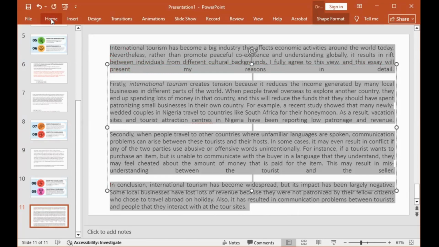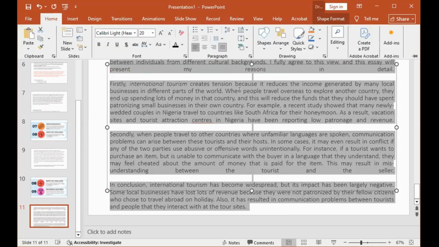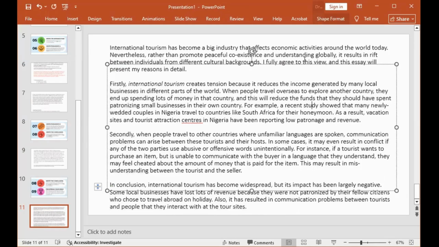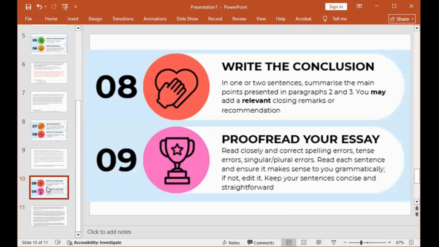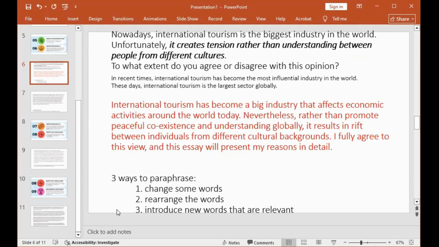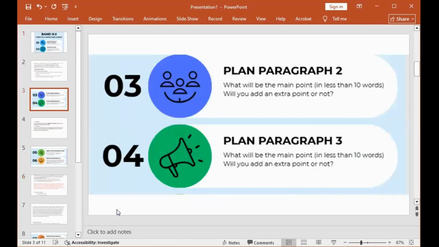So you see the process I've taken you through. It's a 9-step process. So the final step now is to what? Is now to read closely and be sure that everything is intact. The spellings are accurate, the tenses are accurate. Now, let me say something about tenses here. Let's look at the essay question and be sure of the tense that the essay question requires of us.